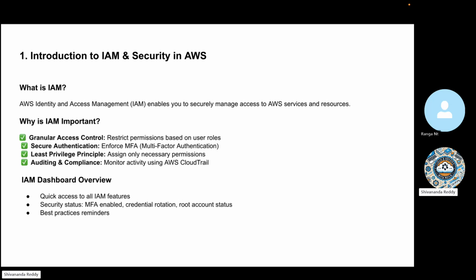For example, I think you already logged into your AWS account. Am I correct, Ranga? You tried already yesterday, maybe the day before, to log into the account. So what are the things it asked while logging in? Most probably username, email address, then password. Other than these two, nothing else. But it might ask a security check or captcha check.